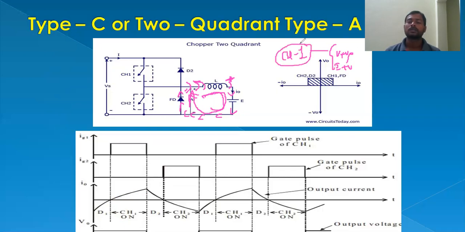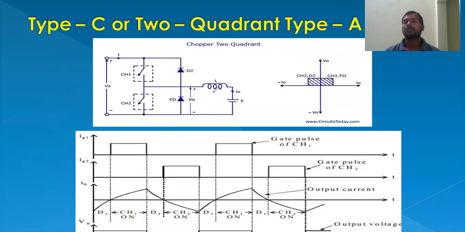Chopper 1 operation is nothing but how both voltage and current change when the chopper is on and when the chopper is off. Now let us look at chopper 2. So look at this one. When chopper 2 is on, nothing but when this is closed, and this is closed,